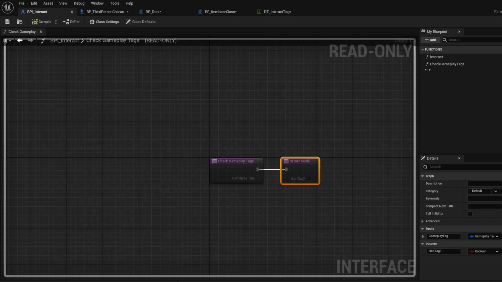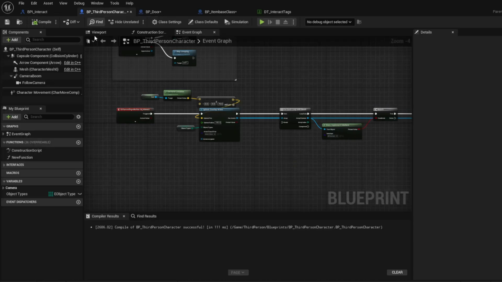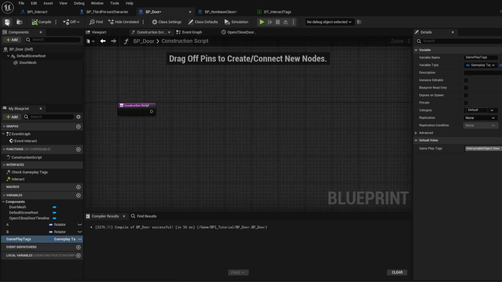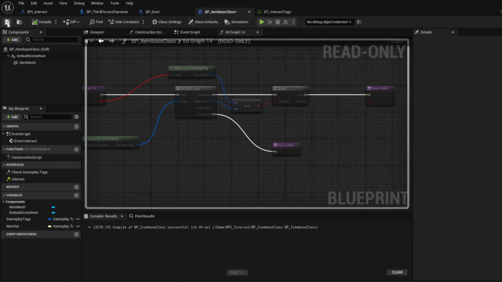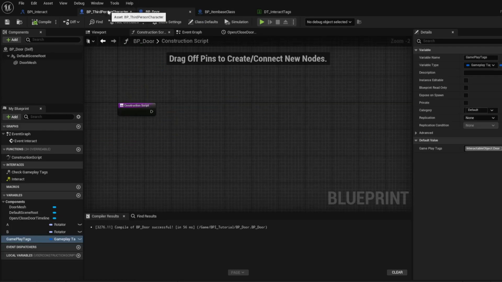Compile, save. Now this interact, the BPI interact is already on the classes. So now all of the actors that we created before, they will come with this function and this will be added into it. We don't have to really mess with that. Let's go ahead and just compile, save all these. So next what we're going to do here,